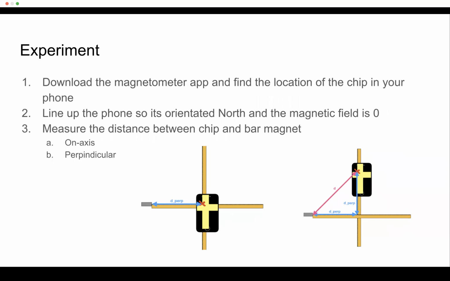of the chip in your phone. And then we needed to line up the phone so it's oriented north. Therefore, the magnetic field is also zero. Measure the distance between the chip and bar magnet, and we're measuring on axis and perpendicular, as you can see